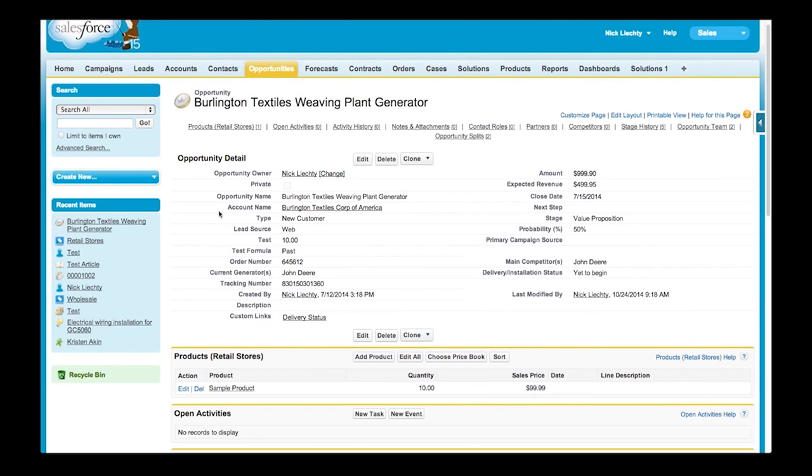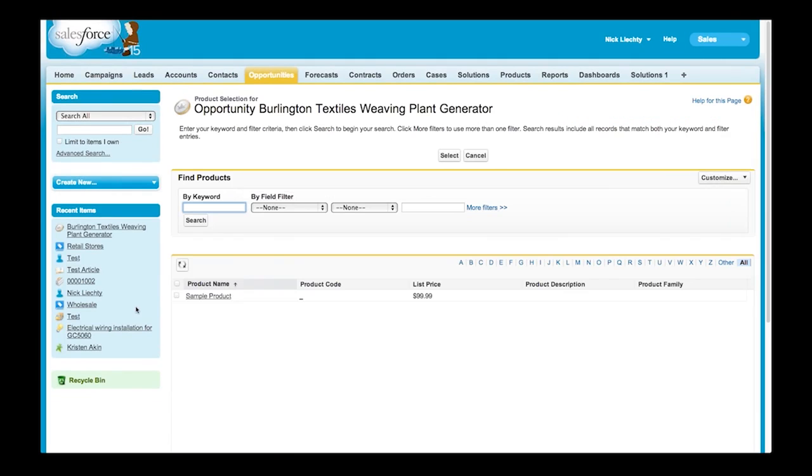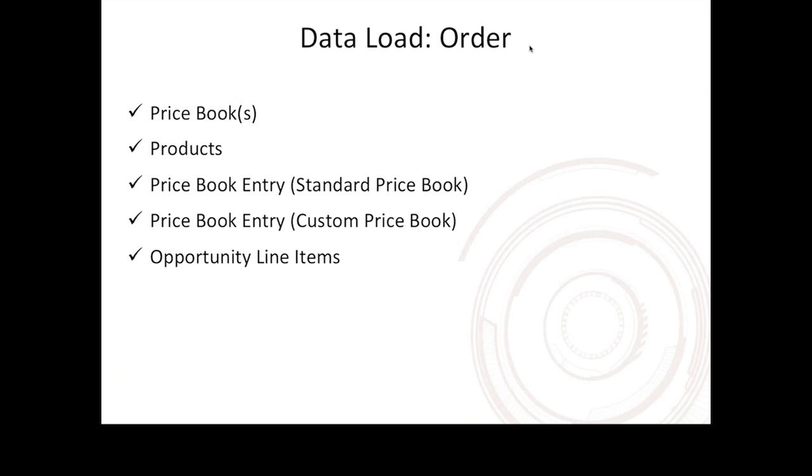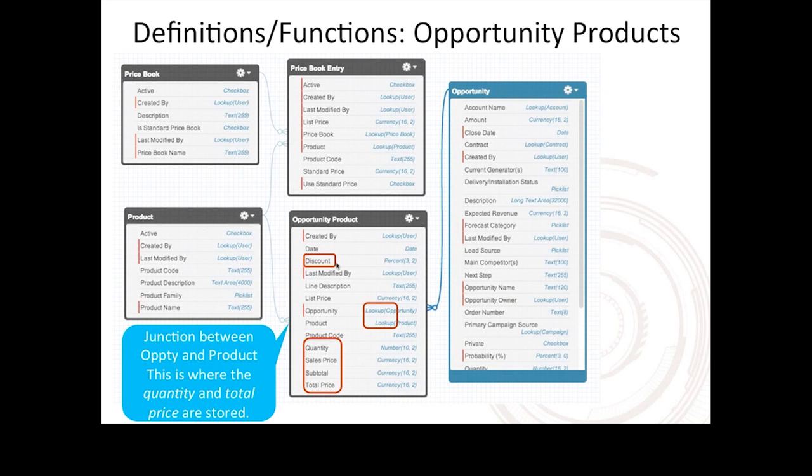So all that gets you to right there is being able to say, yes, I want to have this product available in this list. That's all you've done at that point. And of course you can do tens or dozens or hundreds of price book entries at a time with the data loader tool. But what this last one does, the opportunity line items, is you're adding information that will